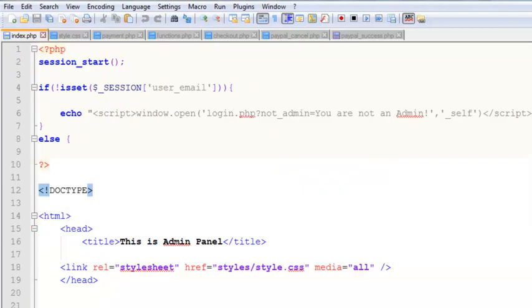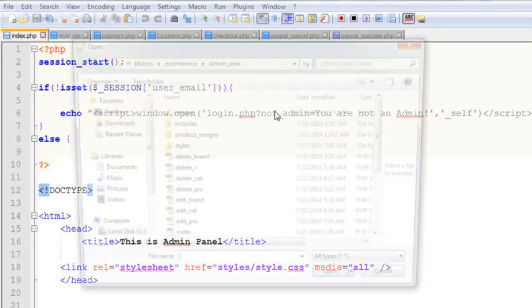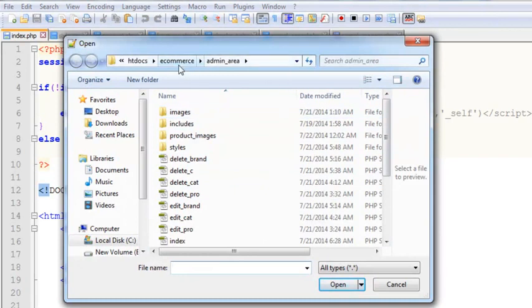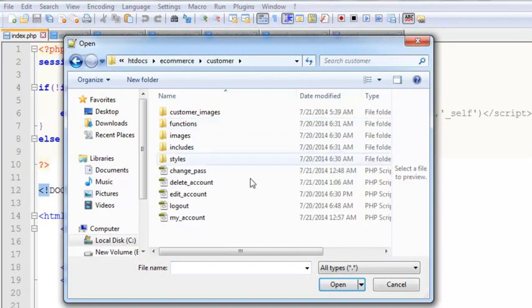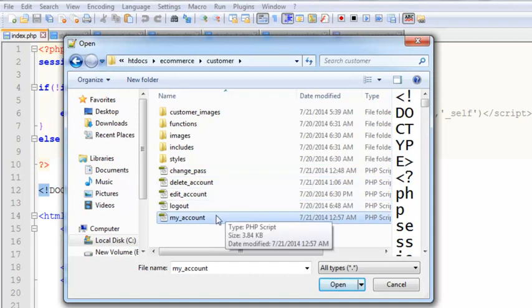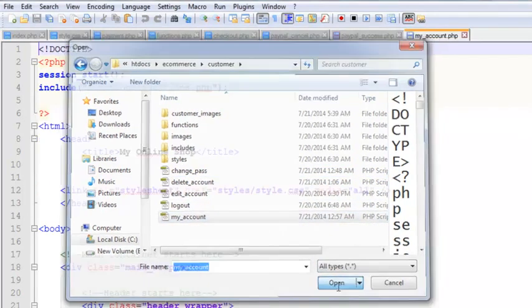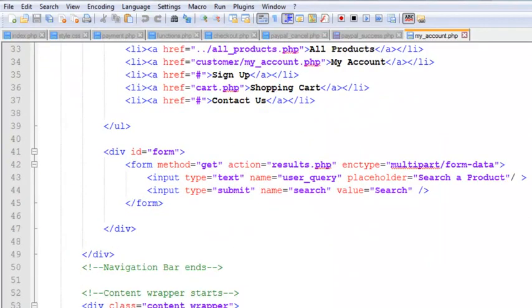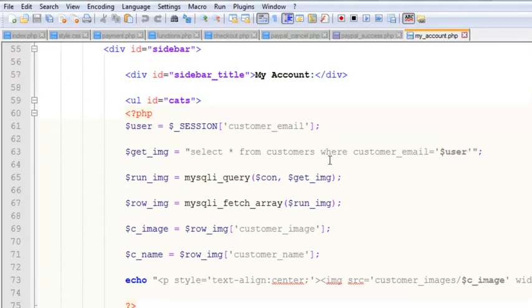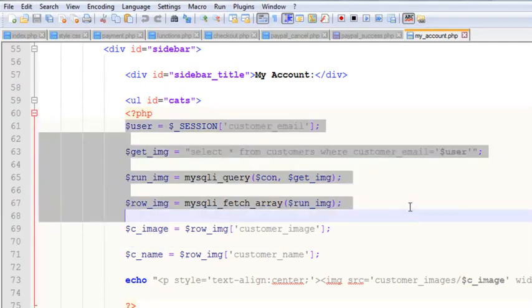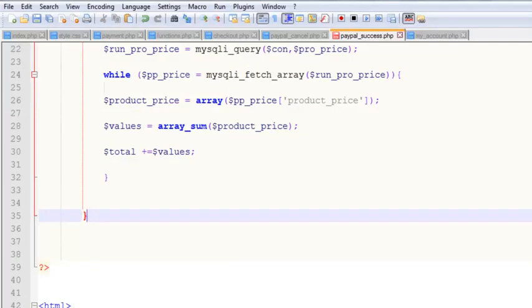We can find the customer in the e-commerce folder, the customer folder. We'll open the my_account page. We will see we can find it over here. Yes, this is the customer session, and till here we will simply copy these details and put them in the PayPal_success page